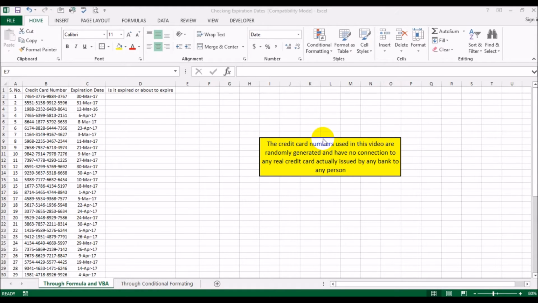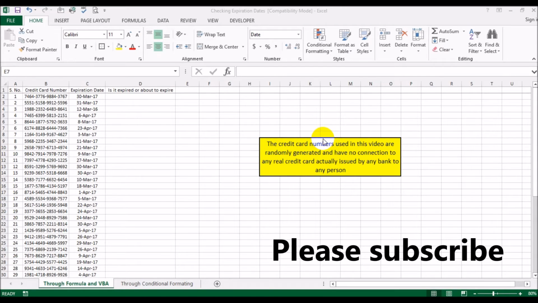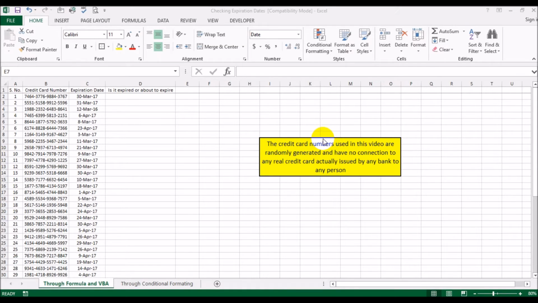Now one important thing before we go any further: these credit card numbers and expiration dates are totally, completely randomly generated, and they have absolutely no connection to any real credit cards issued to any real person by any real bank. They are just random numbers and random dates, just to explain the concept in this video, and have no connection to real life. All right, now having said that,